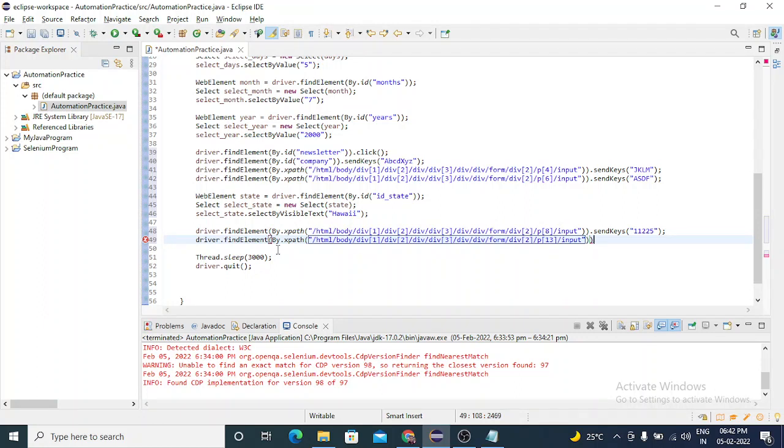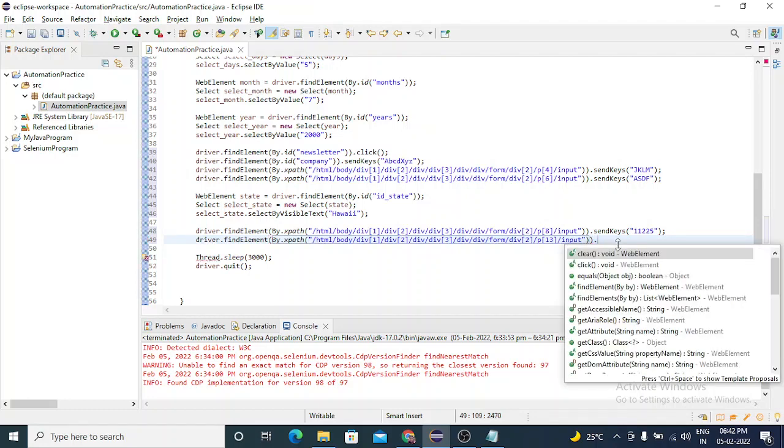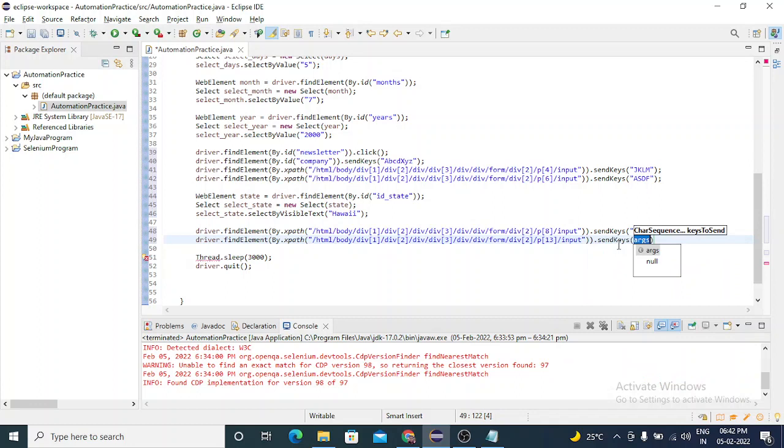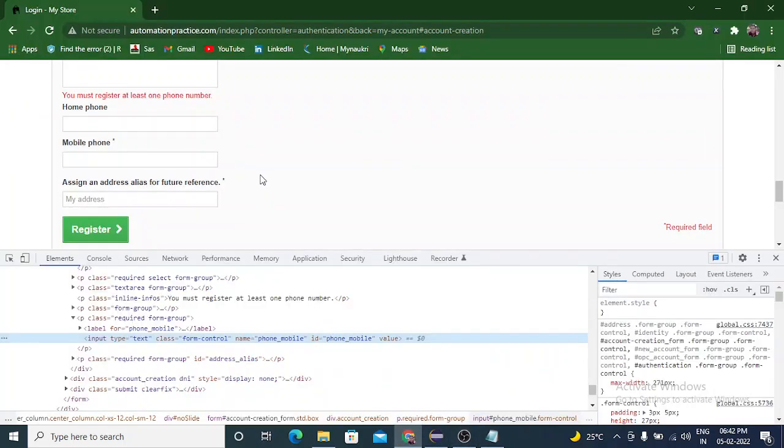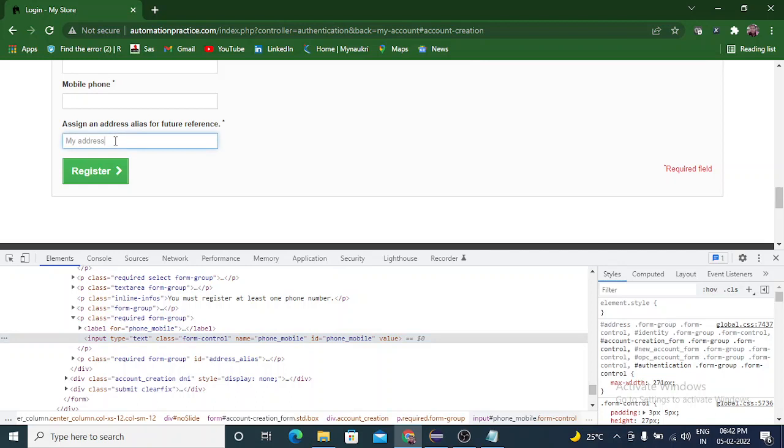I'm using different selectors to select the web elements, but you can use any one of them, and we'll discuss what we need to use and what is the best in which case. So let me put a phone number, then address is my address. It is already there, so we need not write anything.